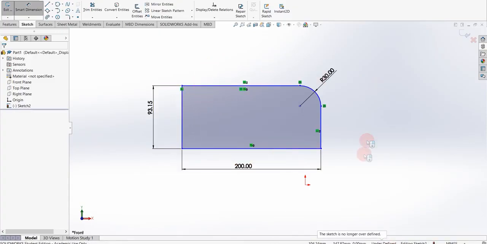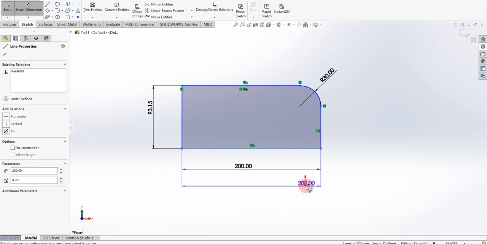We can see this figure is in blue color. That means it is under constraint. You can see here it states under constraint diagram. So we have to constrain it. If you want to constrain any drawing or sketch, you just have to mention each curve's relation with the origin of the plane.